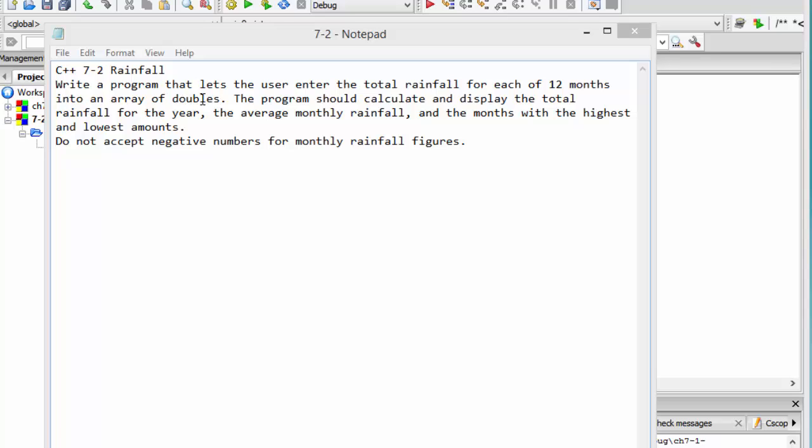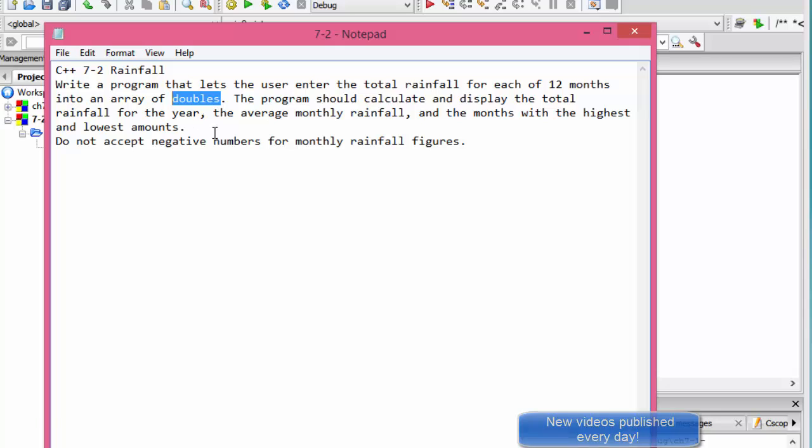We are going to write a program that lets the user enter the total rainfall for each of 12 months into an array of doubles. We are going to use doubles because we will be using decimals for the rainfalls. And now the program should calculate and display the total rainfall for the year, the average monthly rainfall, and the month with the highest and lowest amount. Do not accept negative numbers for monthly rainfall figures. Alright, so